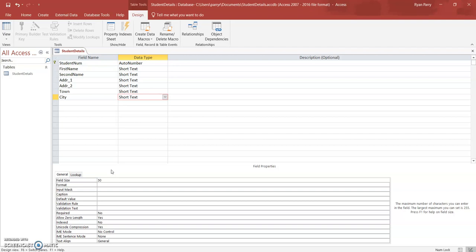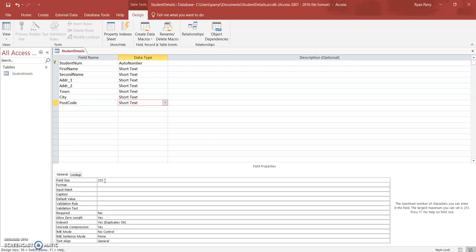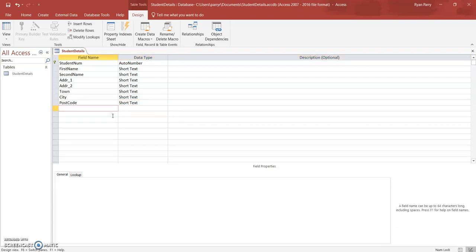Apologies for that error, I didn't press the right key. Okay, and then we're going to add postcode here. Postcode, you tend to have probably a maximum of 8 characters, so just to be safe and sorry, I'm going to put 10 there. And then last but not least, we're going to want to put the date of birth